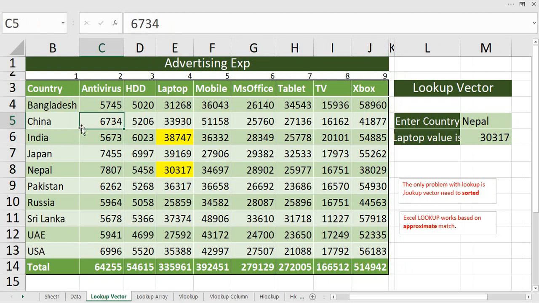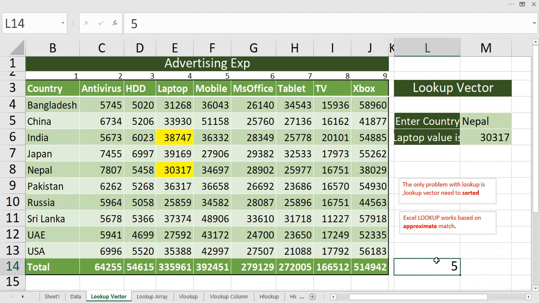Suppose you are looking for a value, say the number 5. Instead of India, Nepal, I am giving you an example with numbers. If you have some listing of numbers and you are looking for the number 5, and 5 is not available in your panel, Excel is going to display the approximate value. That means whatever number is nearby, the lower number. So it will give you the details of 4. If 4 is not available, then 3. If 3 is not available, then 2, else 1. That means you are not always going to get an exact output.